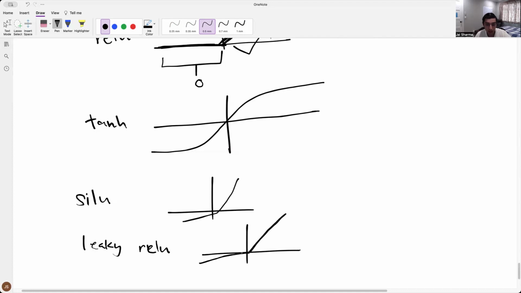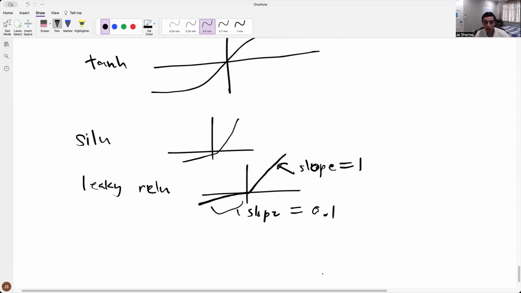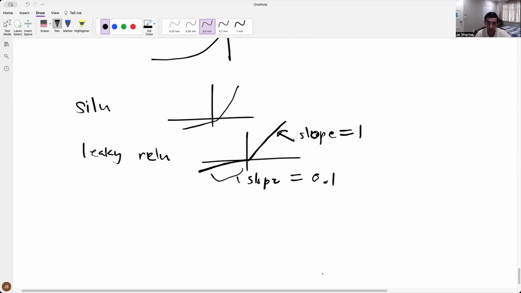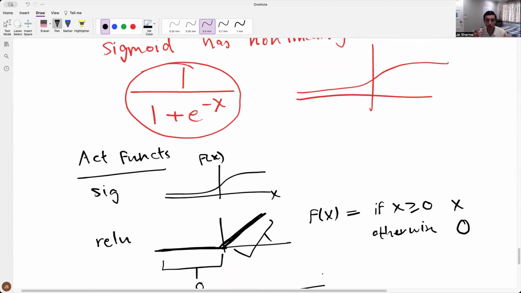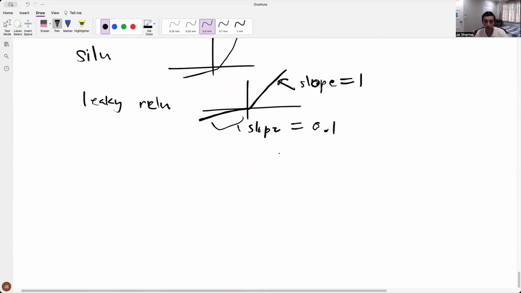So instead of being exactly 0, leaky ReLU makes it some kind of line whose slope is not equal to 1. So on this side of the line, the slope is equal to 1, and on this side of the line, the slope is equal to, let's say, 0.1 or something like that. And it's shown to have good results. But the whole point is that there are different activation functions, and when you're creating a neural network,